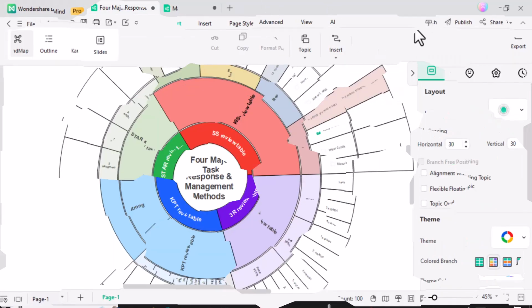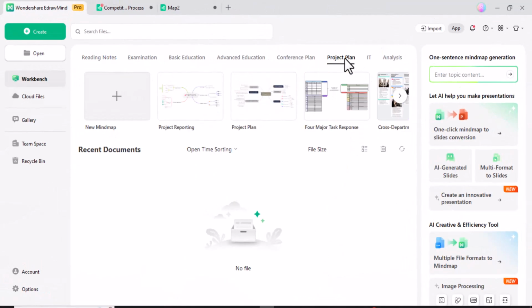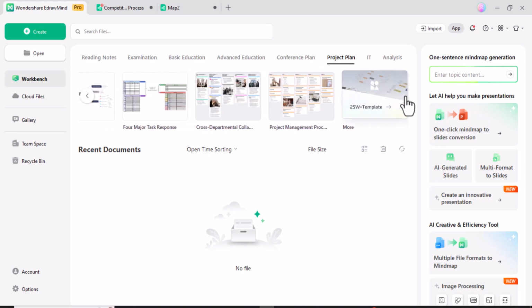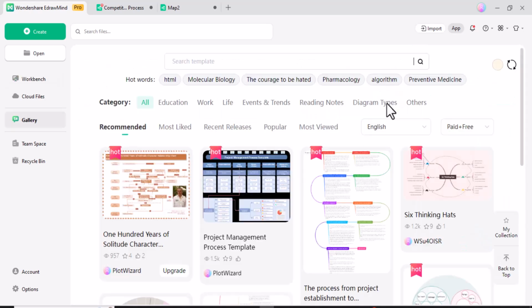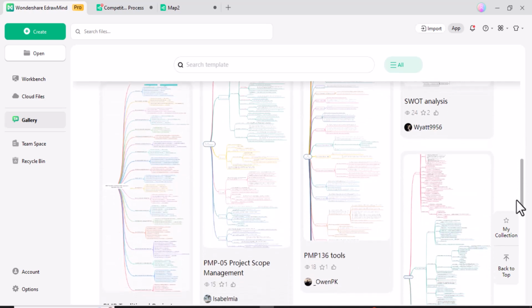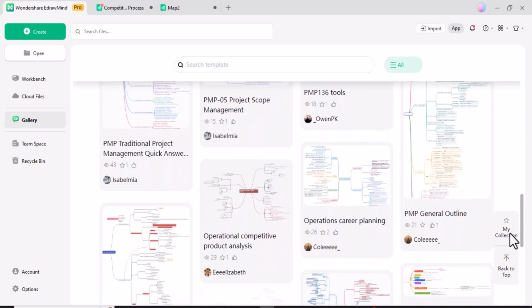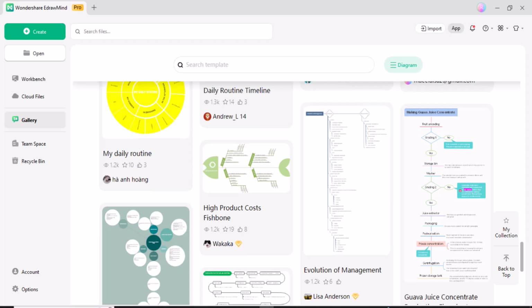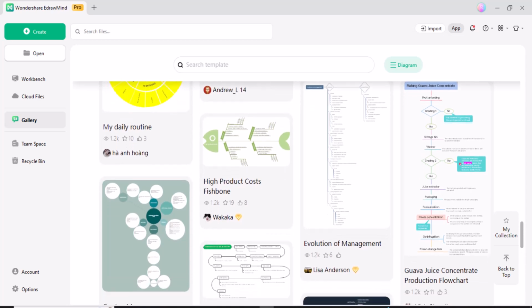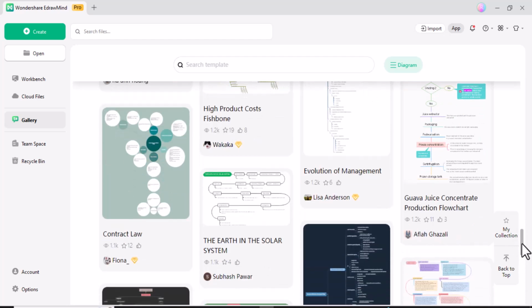If you are an architect, you'll appreciate features like the floor plan creator, which allows you to design office layouts, electrical plans, or fire evacuation routes with ease. For data analysis and business professionals, eDrawMind includes advanced features like value stream mapping, PERT charts, risk management diagrams, force analysis, and trust analysis. No matter your profession or industry, eDrawMind has the tools you need to turn complex ideas into clear professional diagrams.